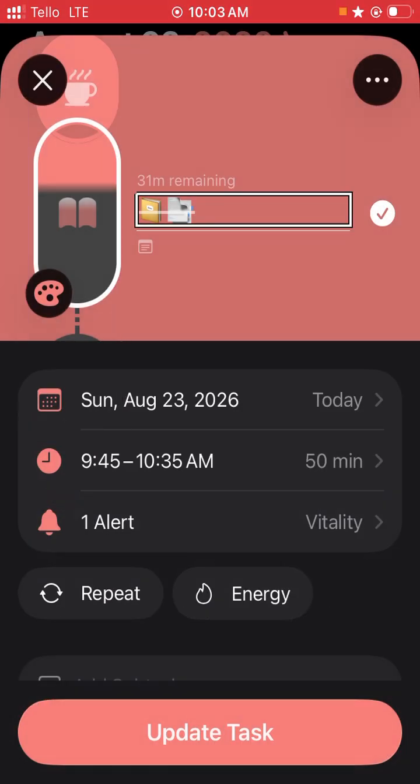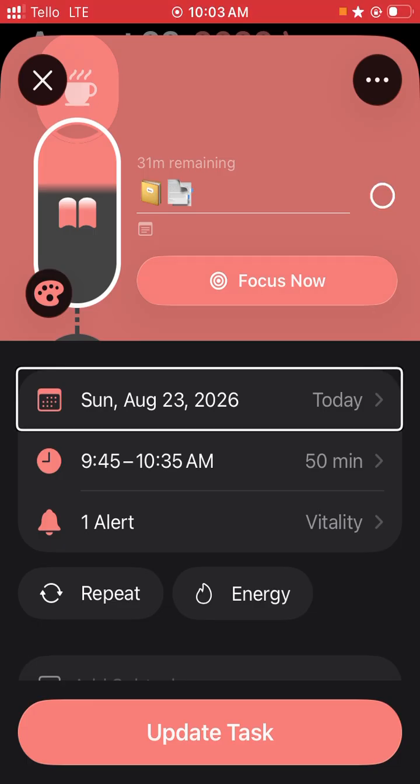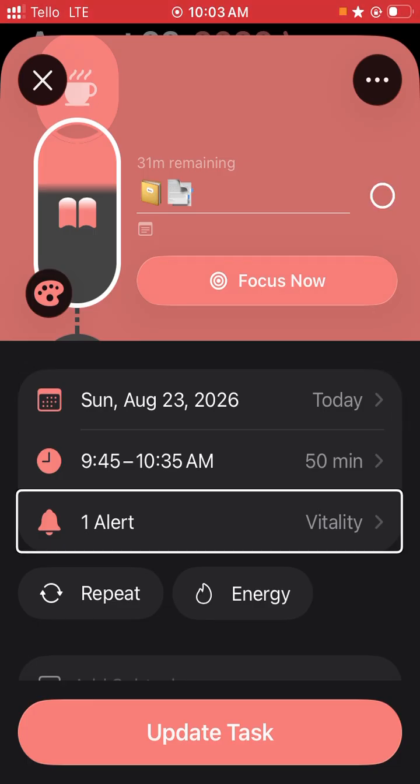So I will need to complete this task. Date Sunday, time 9:45. Task completed. One alert. Yeah, so that is a really cool way to do it, because you can have an alert at the end of your task here,